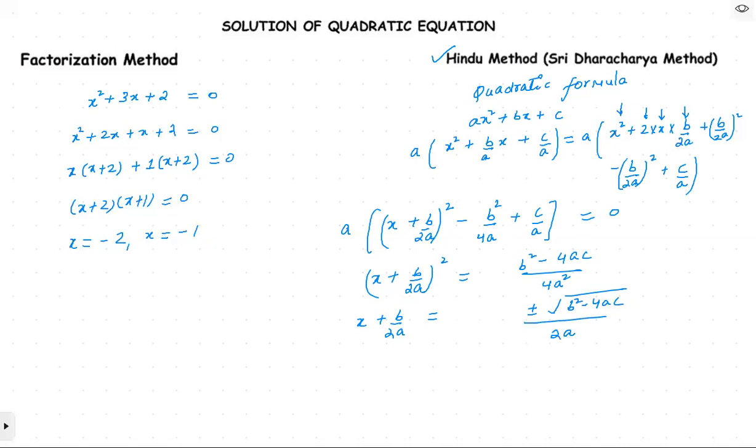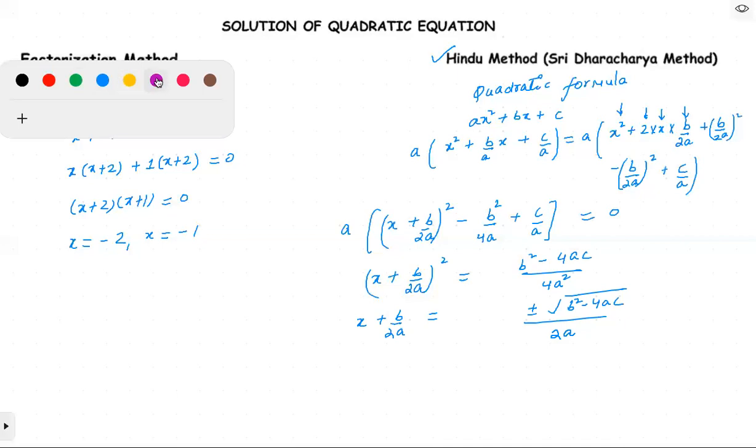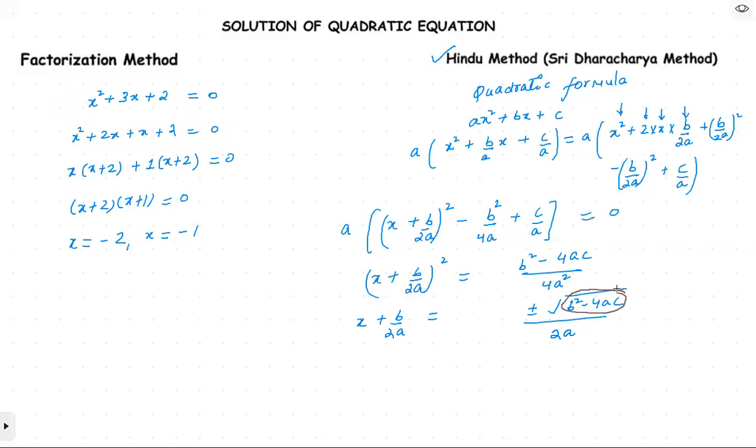Now this particular thing that you are able to see here, b squared minus 4ac, is nothing but D. So what did the British call it? They called it D, right? Let us call it D, and it becomes something new, which is known as the discriminant. This is known as the discriminant.